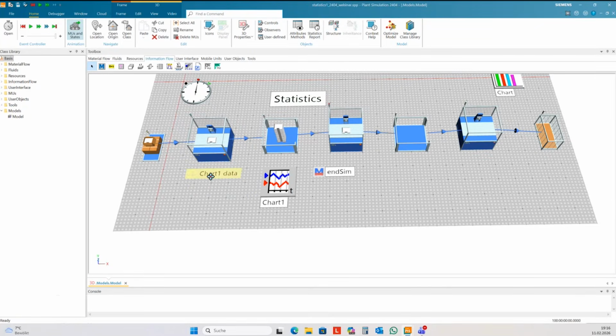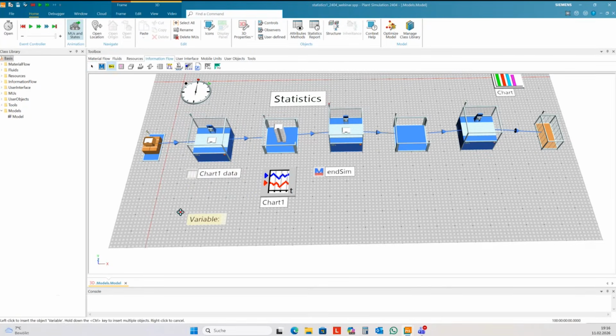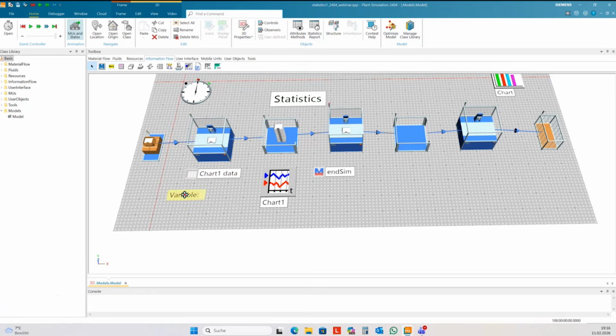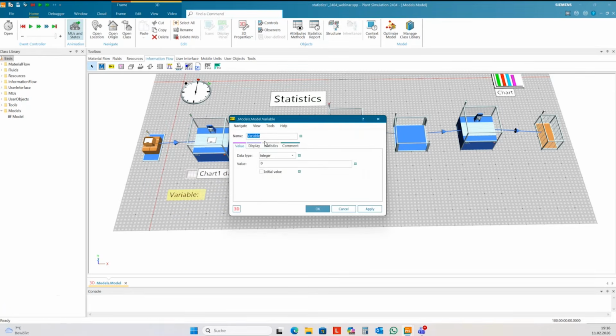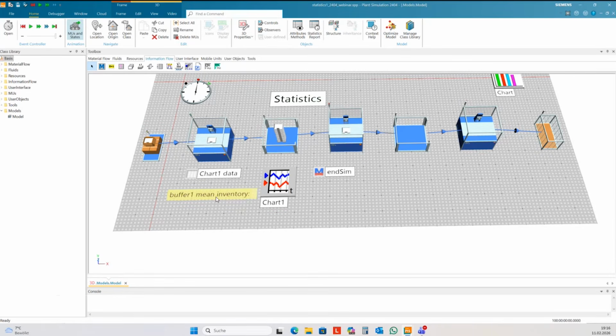And I want to have one variable for buffer 1. Mean inventory. It should be real. And 0 is